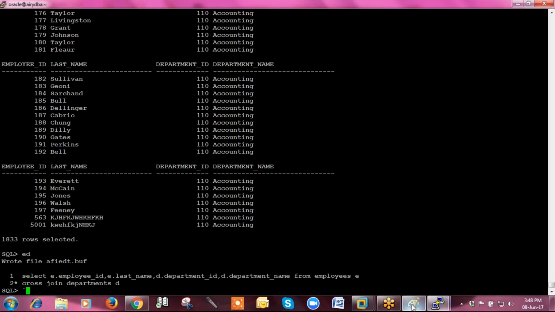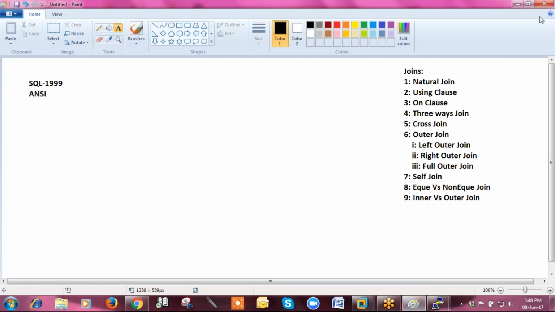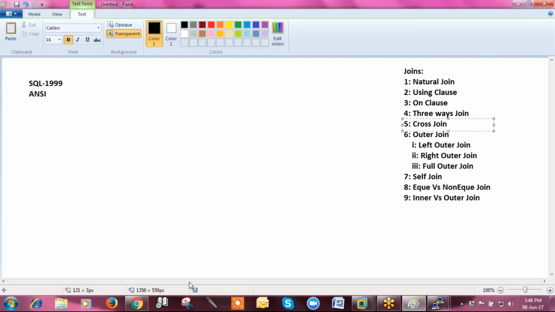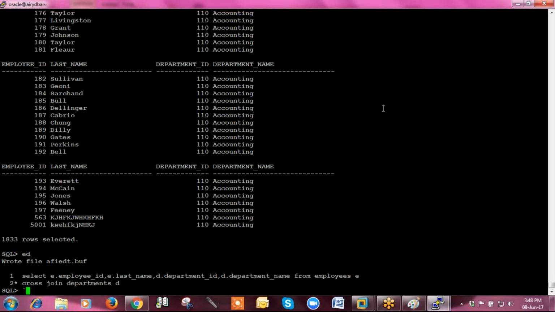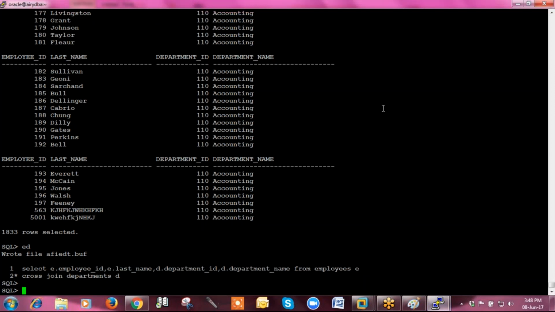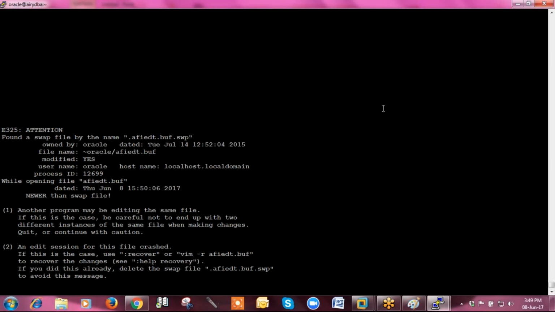So that is what Cartesian product created by this cross join. So next is outer join. Now here you can see with all these joins you are displaying the matching value only. Those many values are matching in both the tables, the corresponding records, means their corresponding values are displayed only. What if you want to display the matching value as well as the unmatched value? Then you will create the outer join.